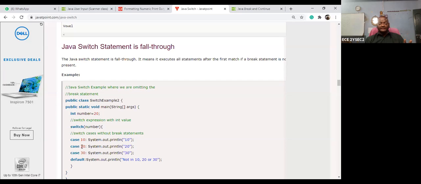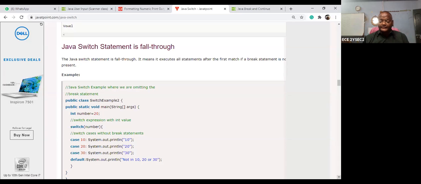So what is that number? 20. So 20 is matching, so that can be executed and it should break out. Okay. Suppose 30. If the 20 is not matching, then go for 30. It is executed. Suppose if 10, 20, 30 is not there, then what is the next thing? Go for default. So that's why it is going to the default. Then you can print this value.